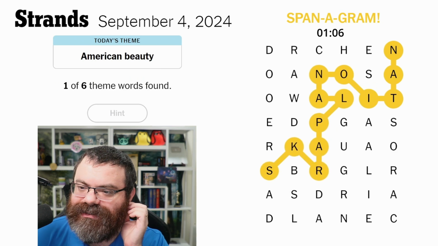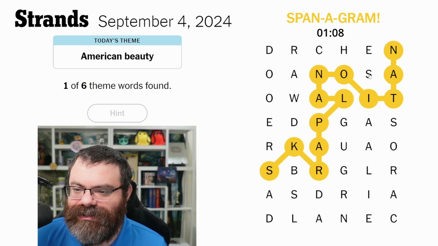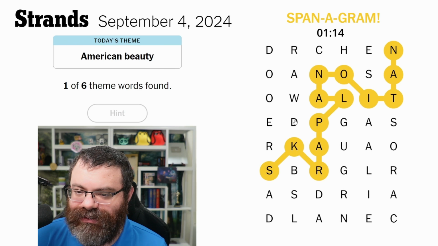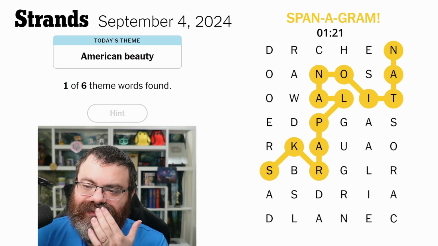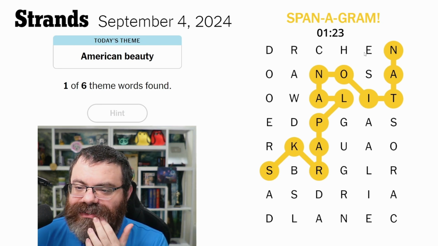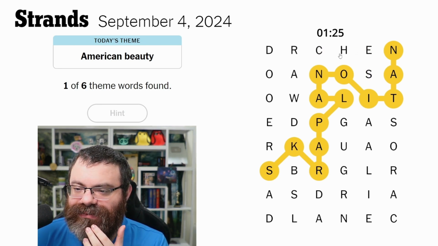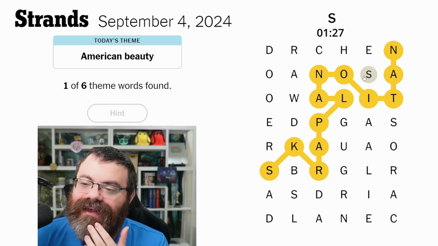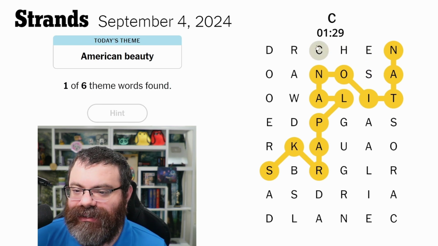All right, Spanogram first, national parks. Nice. So, ooh, am I going to need to know the names of national parks? I know some of them, but they're usually also words. And I don't think most of the national parks are also words. What's going on here, though? It ends in CHES or starts with SEHC. I think it's going to end in CHES.